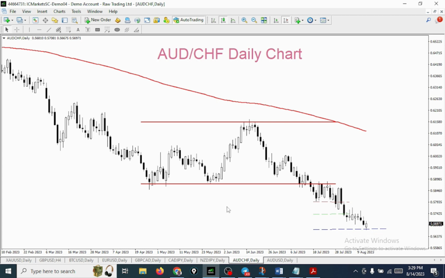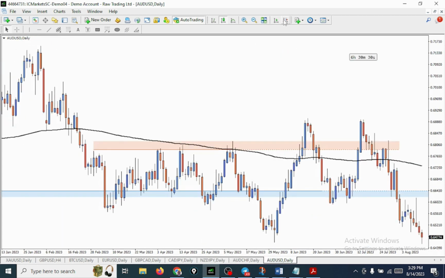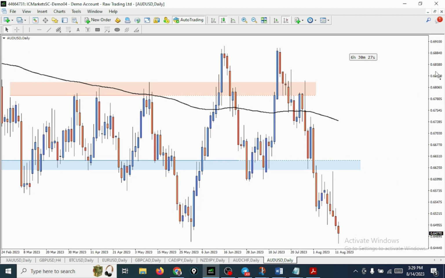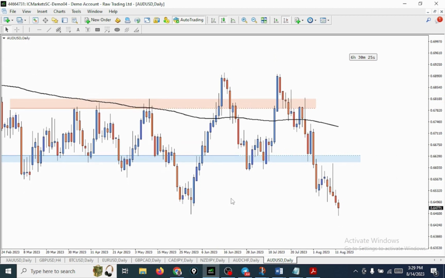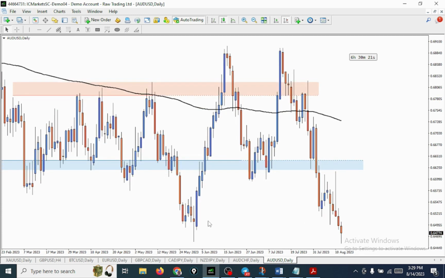Okay, all right. So the other one is the AU, guys. AU. What I intend to do here, okay, I intend to look at the possibility to take this trade to the upside, even though we've seen that the market is bearish. Okay, this is a bear market. Okay, this is a seller's market. If you look at what is happening here, you'll see that the market price is forming some structure,